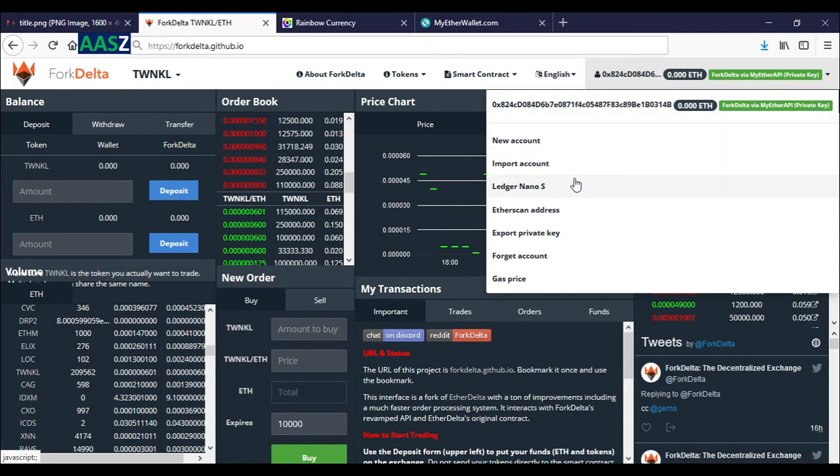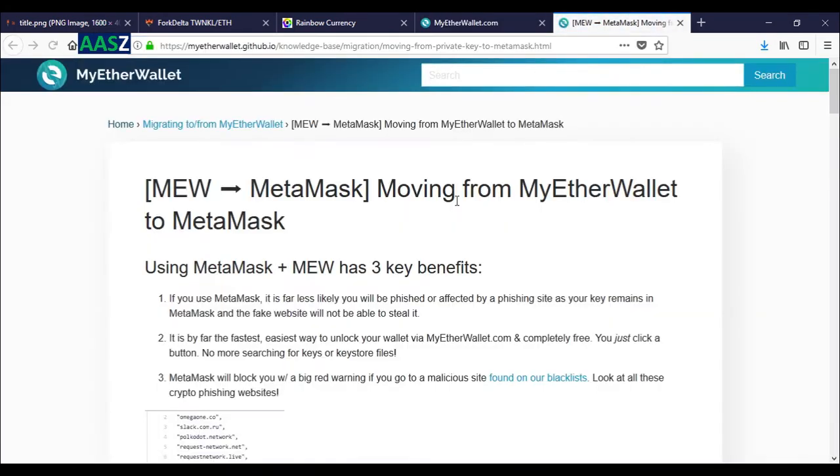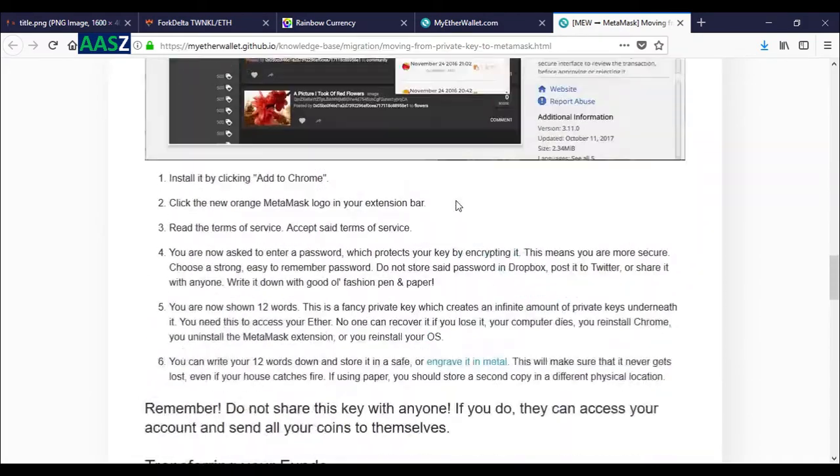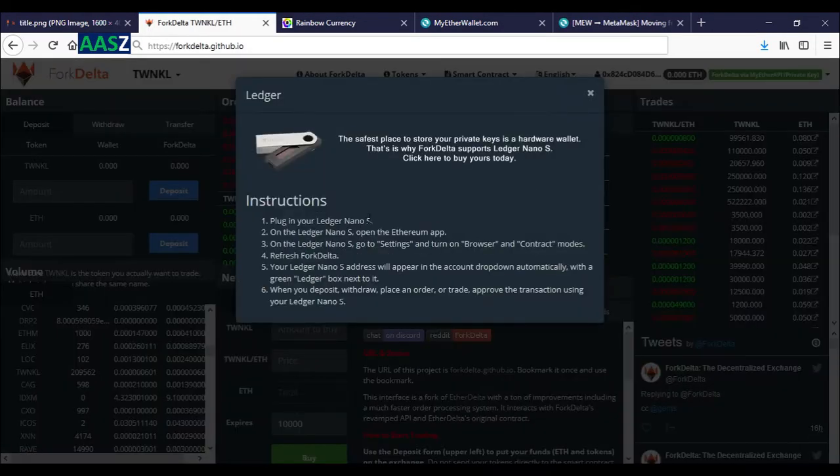You can use your main wallet with Fork Delta via MetaMask. To install the MetaMask extension, click on the MetaMask link at the top of myetherwallet.com and follow the instructions. For using Ledger Nano S at Fork Delta, the instructions are available here.